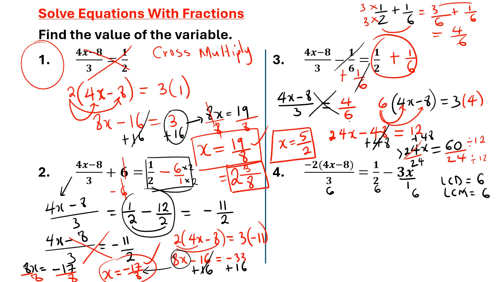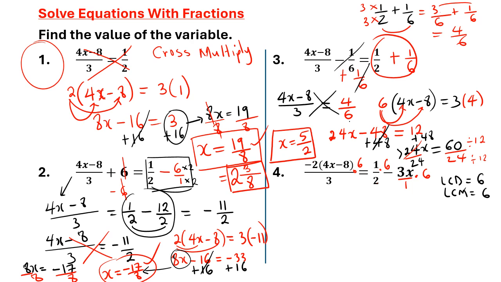Because of that, we will multiply each fraction. So this is another method. You will multiply each term in this equation by that 6. Everything, each piece you will multiply by 6. So that's what we're trying to do here now. I am going to multiply here by 6. I'm going to multiply 1/2 by 6. I'm going to multiply 3x, which I put over 1, by 6 as well. Good. So when I do that,